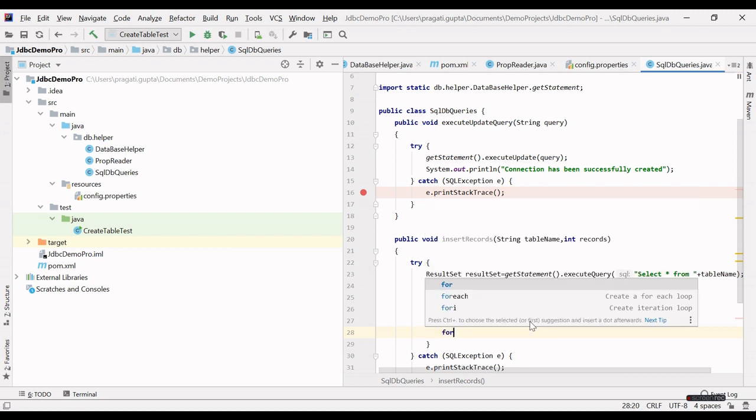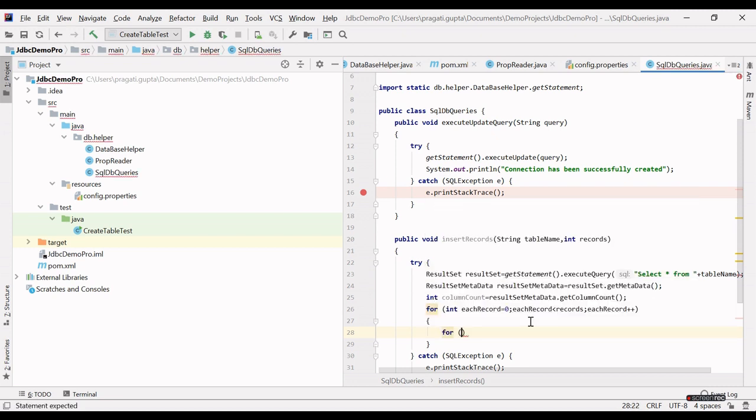Okay, so let's create another for loop to get each and every column.